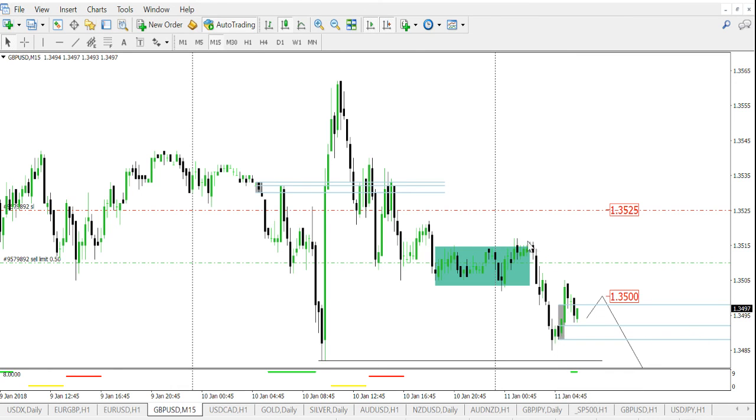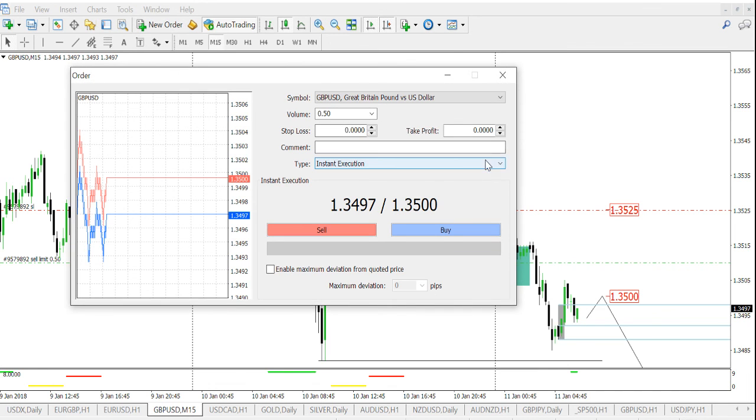I believe this is going to be the high of the day here. And I think it just retested in here, and I think we're going to trade lower. So I might actually get in on this market sell on the demo trade on the pound dollar here, just because I don't think price is going to come back up to my level up here. So I might even just do that right now, just so you can kind of see what I'm talking about. Instant execution, you know, half a lot. I don't even think I want to go that much. Maybe we'll do this many, and put my stop in here,